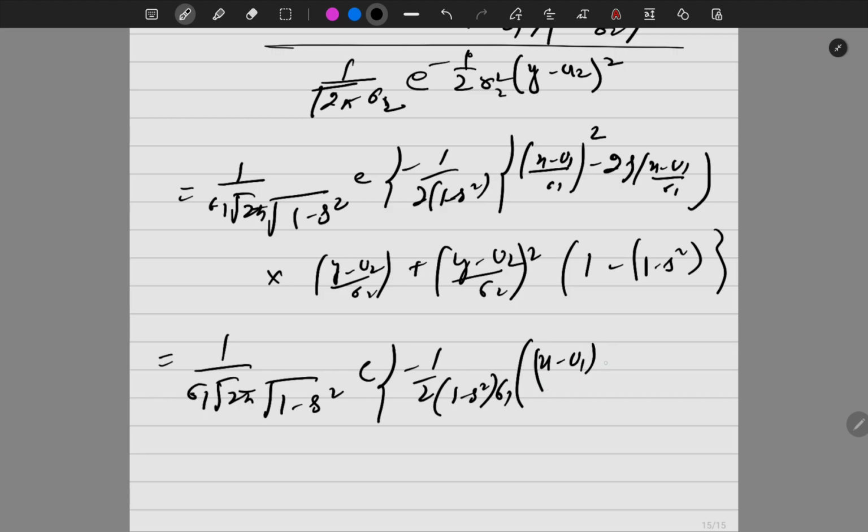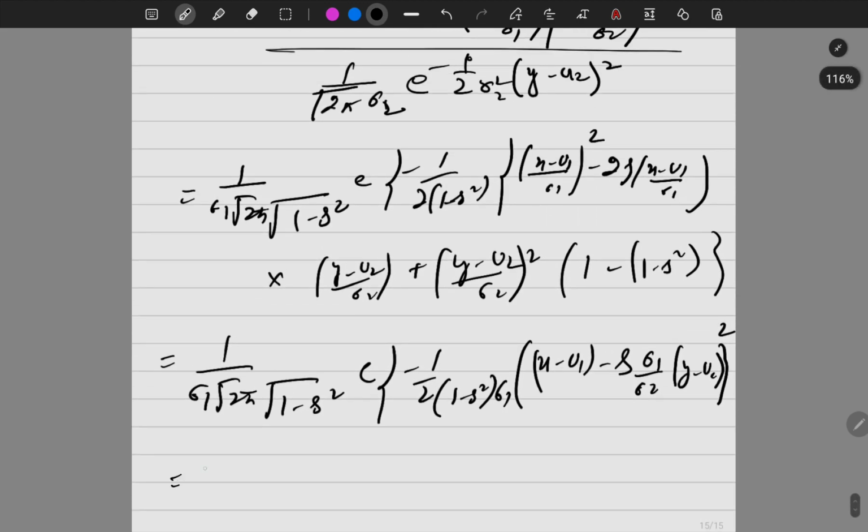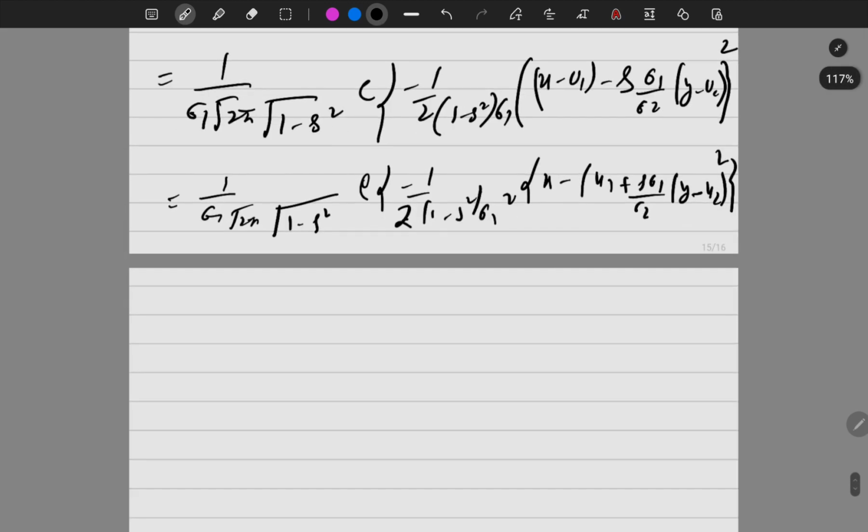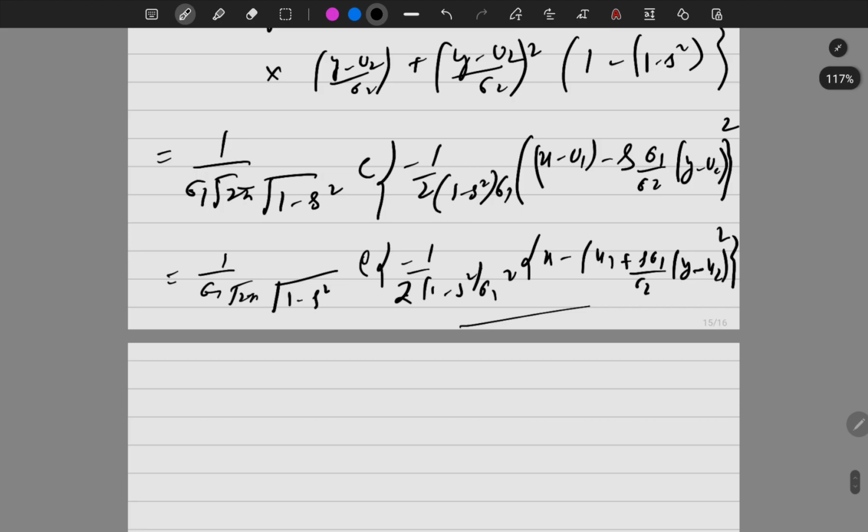x minus mu 1 minus rho sigma 1 by sigma 2 (y minus mu 2) whole square, and this will be equal to 1 upon sigma 1 under root 2 pi (1 minus rho square) e raised to the power minus 1 by 2 (1 minus rho square) sigma 1 square, x minus mu 1 plus rho sigma 1 by sigma 2 (y minus mu 2) square. So this is the joint distribution of this. So we can say x comma y follows